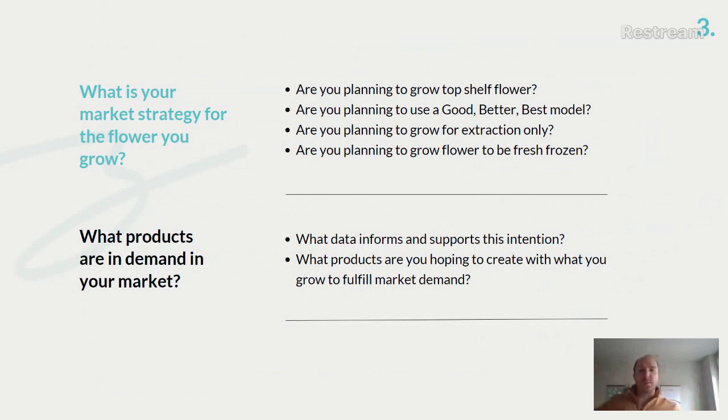And now as we continue to expand into other international markets, many of them coming from the US with a lot of experience, we're seeing people focus on niches and really be able to specialize on different types of products. And you can't just decide to grow whatever grows and hope to sell it. Ideally, you're going to have a specific type of product and a specific market in mind. And ideally, the big takeaway I want you to have here is there are a lot of data resources available so that you can take from existing markets and apply them to yours.